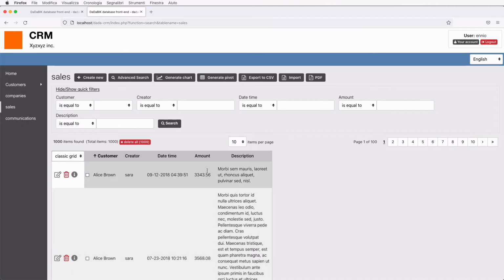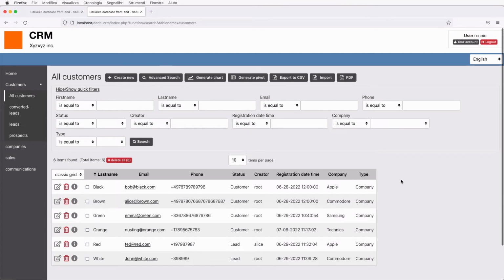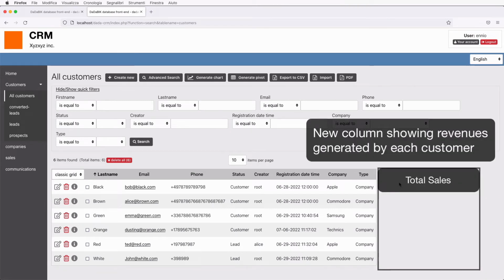Each sale has an amount, so if you modify a sale, you could modify the amount, and so the total here would change. And also every time a sale is deleted, again, we want to update this additional column that we are going to add.